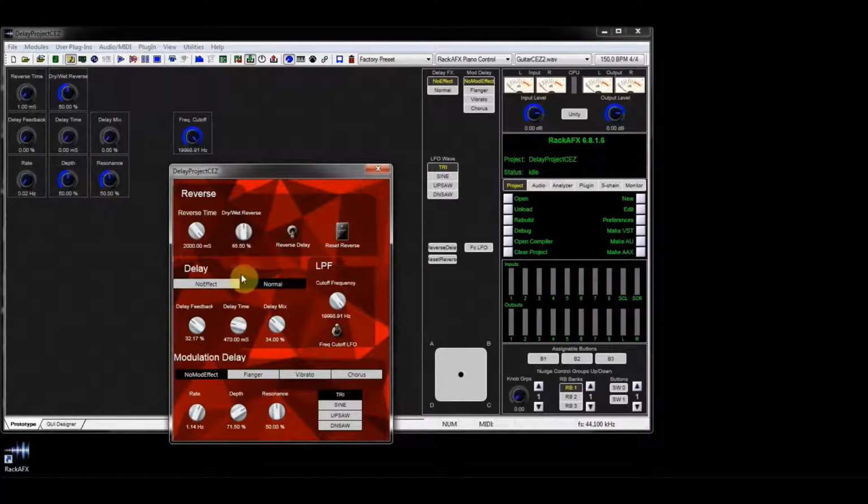Oops, I forgot to turn this off. Okay. Notice that it only works for the